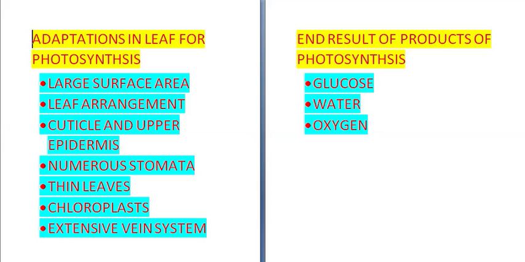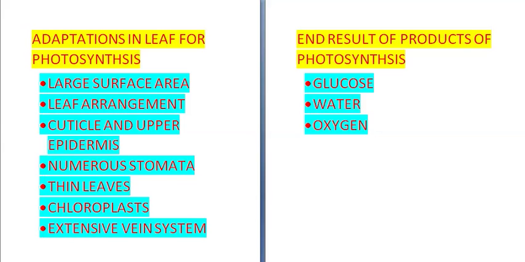Now the leaves change themselves in various ways. First among that is large surface area. They have a large surface area so that they can absorb maximum light. Narrowing of leaves in certain plants is seen, that is for reducing the amount of transpiration and to conserve water. This is in case of oleander and pine. But most of the leaves try to have a maximum surface area so that more light can come onto it and they can perform more photosynthesis.